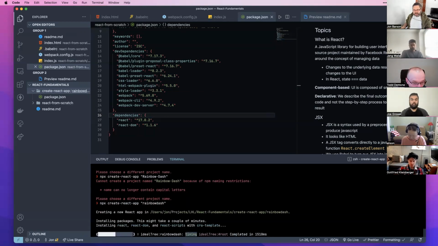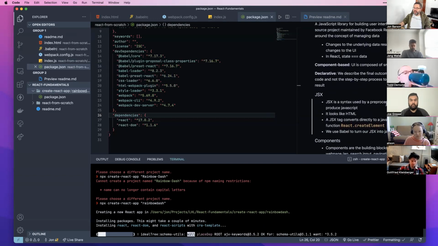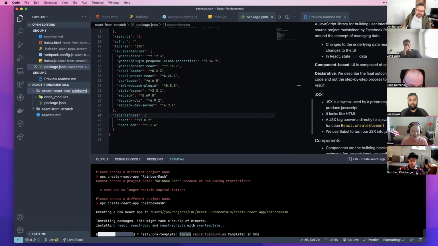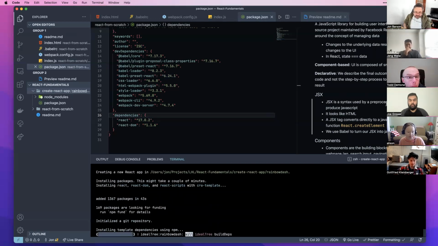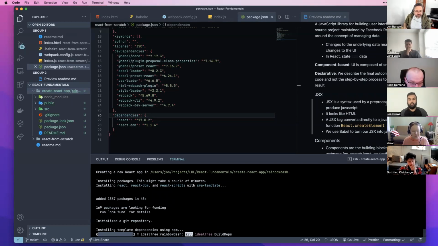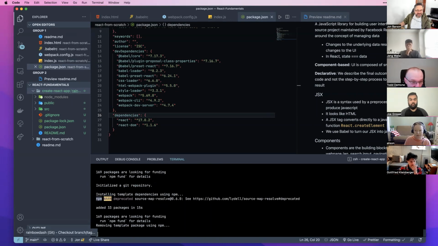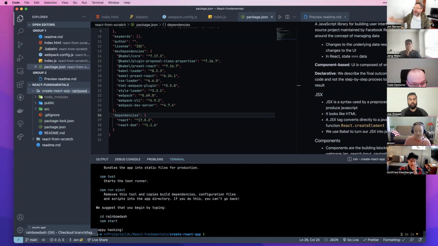So what this is doing is everything I did before, except it's not making any typos. It's creating the base of a React app that we can then go in and make changes to. So give it a minute or so. Or 2 or 3. No, it shouldn't take very long. It also, I don't know if you noticed, but it also creates an uninitialized Git repository so that you don't have to do that one line of code. There we go. So let's go into rainbowdash